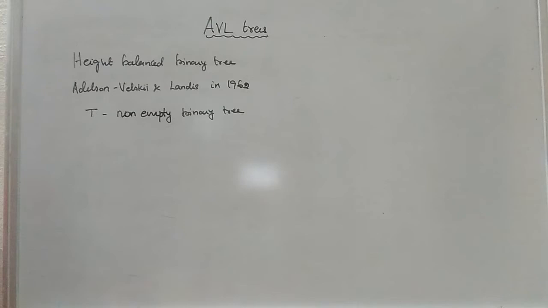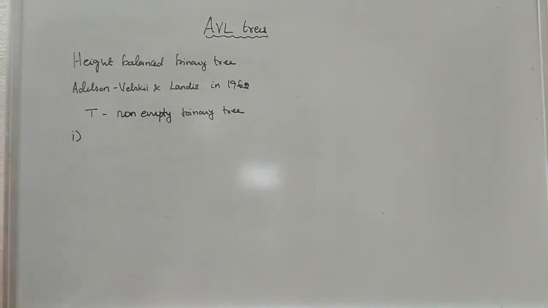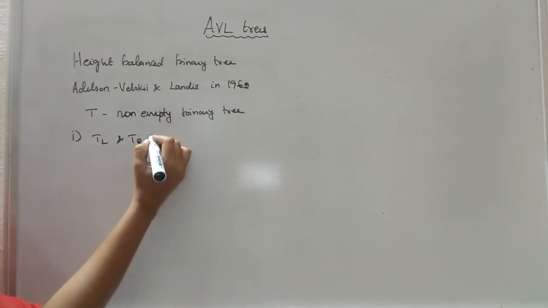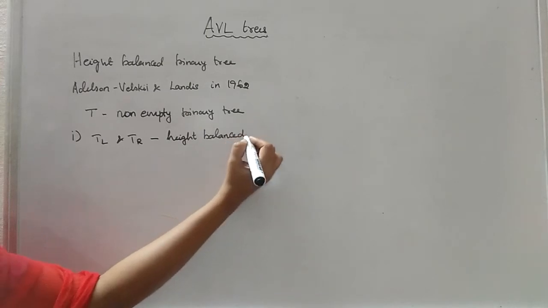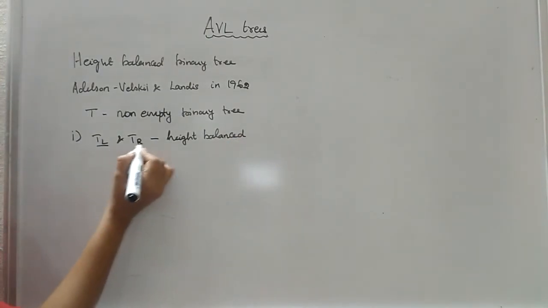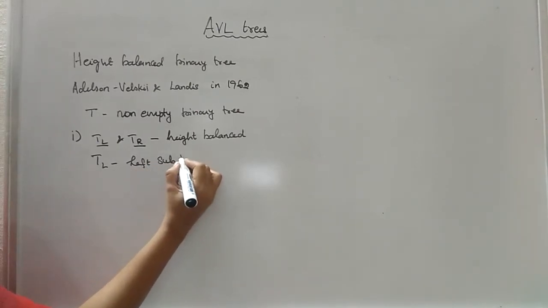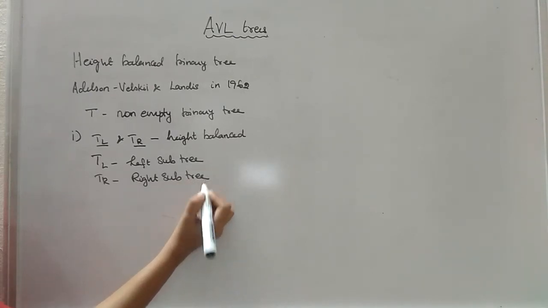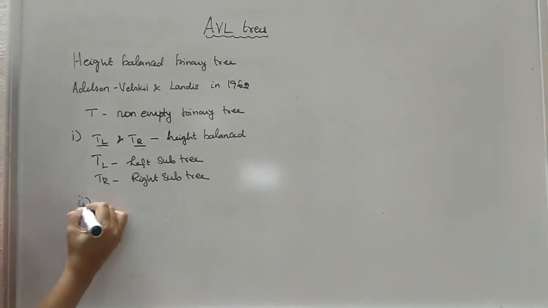This T is said to be a height balanced binary tree if it satisfies two conditions. What are the two conditions? First condition: TL and TR must be height balanced trees. TL is the left subtree and TR is the right subtree, so both TL and TR must be height balanced subtrees. This is one condition. And the other condition is: